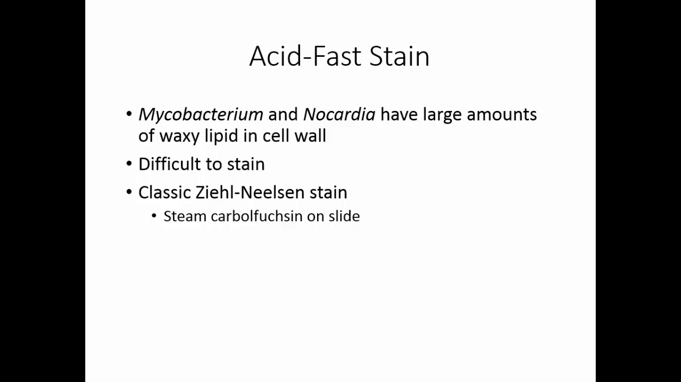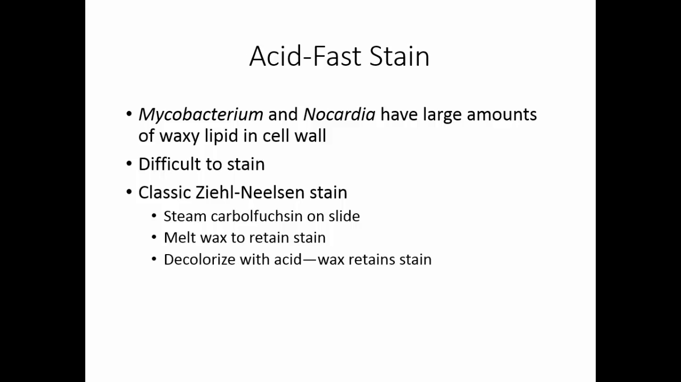So you put the dye on and then you use a Bunsen burner until you see steam coming off of it. And you have to steam it for about 5 minutes. The idea is the wax melts a little bit and the stain seeps into it, so the wax is going to retain the stain. Because you've taken some pretty drastic measures to get this carbolfuchsin into the cell wall,